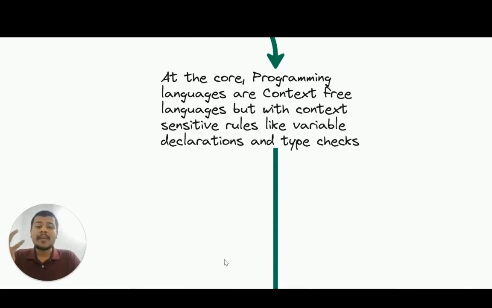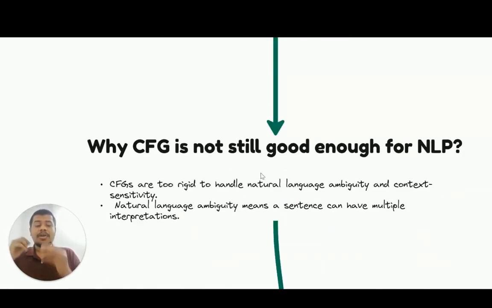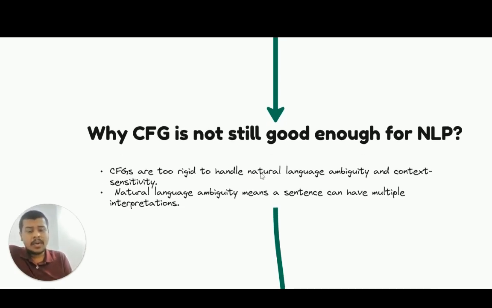For programming languages, adding these context-sensitive rules made sense, and we were able to come up with good compilers for the programming languages. But then, for our natural language, due to our complexity in context, meaning, and the styles of poems, and all of these different 4 challenges that I told you, we were still not able to improve CFG to an extent that it is able to process the natural language directly.